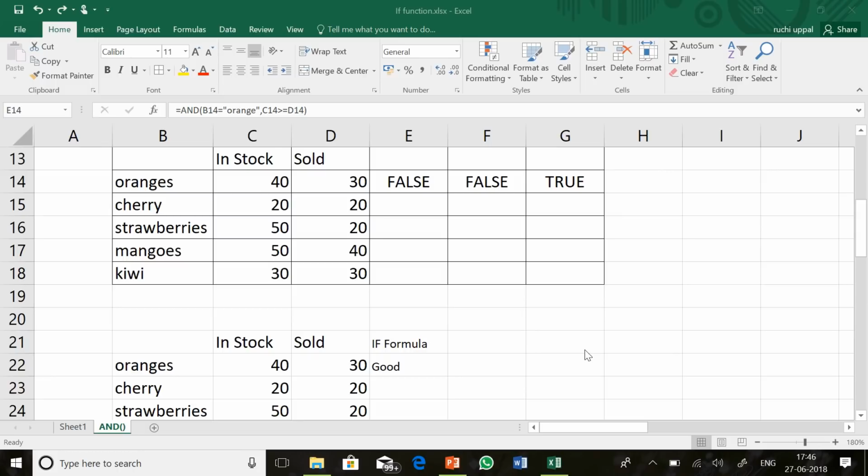So guys, you can see what it is showing. The result is false here. Why is it false? Have you noticed I have done something wrong here? That's why it is giving me the wrong answer. I have written "orange" in this formula, but in this cell what is written? "Oranges." So I have to change it to